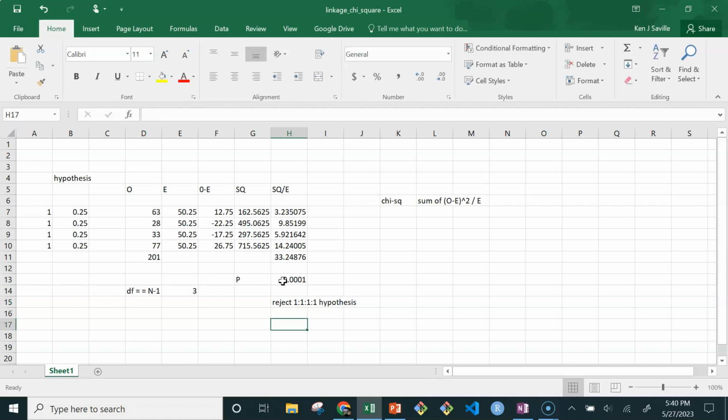If we reject that hypothesis, that means that the genes are linked. Because the hypothesis is, what do we expect if there's independent assortment? This is telling us that there's not independent assortment, and that means in this case that the